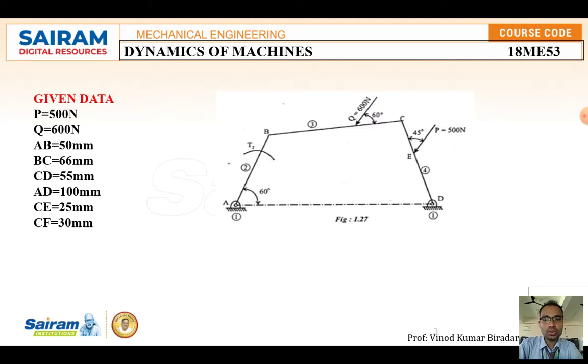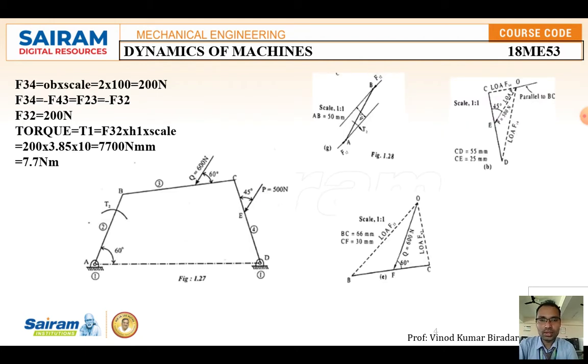So here you have to draw the free body diagram of this, construct the force polygon diagram, and find the force. Again construct the free body diagram of element number 4, construct the force polygon, and find the force. Then because of both the forces you need to find the torque, torque 1 and torque 2, and you are going to get the final torque. Next you have to construct the free body diagram of each element, that is element number 3 and element number 4.